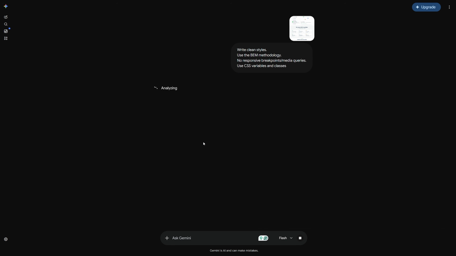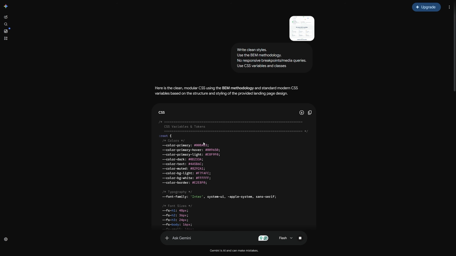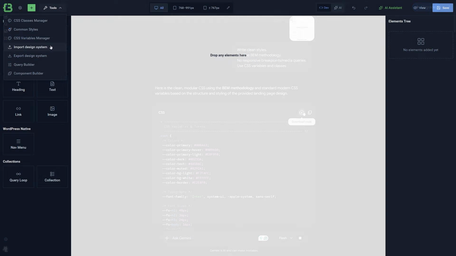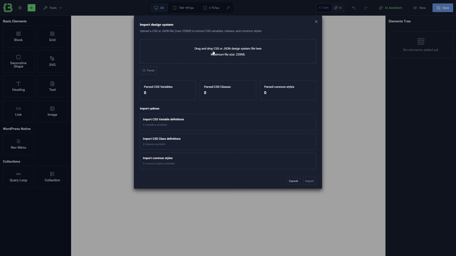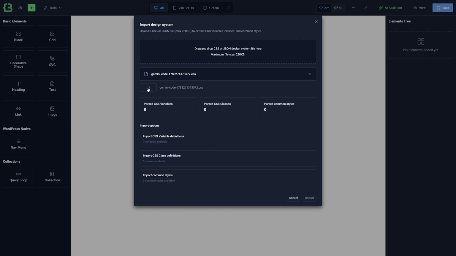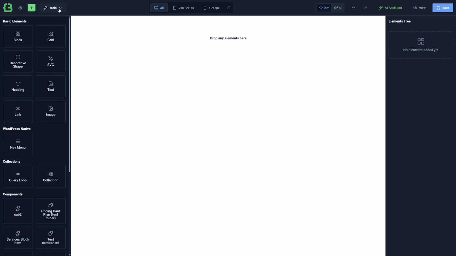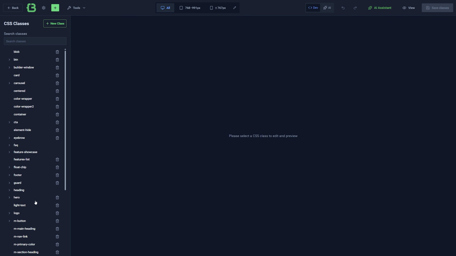I'll start by generating our design system with AI. Based on the landing page design, it generates a clean, reusable CSS architecture. Once I click Parse and Import, CrocoBuilder automatically creates our design system from the generated file. Classes, CSS variables, and common styles are all available in their dedicated tools, making them easy to manage and reuse